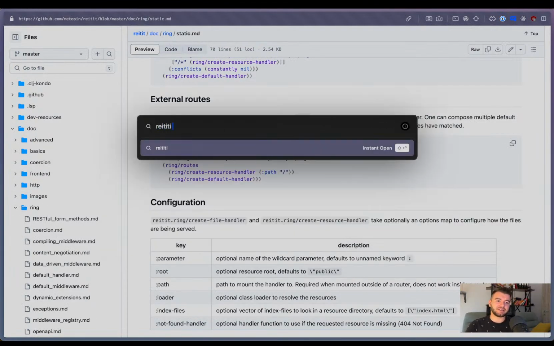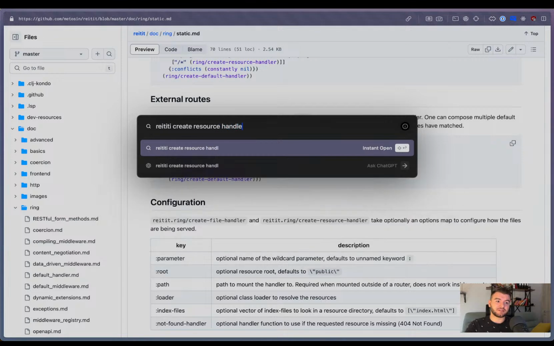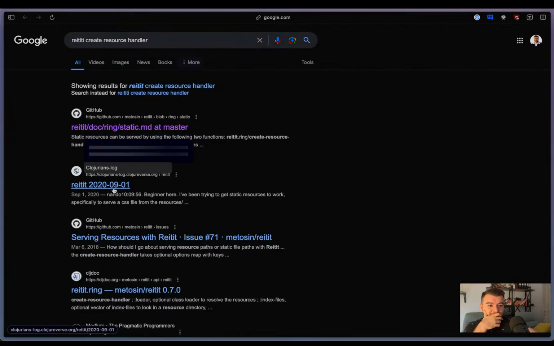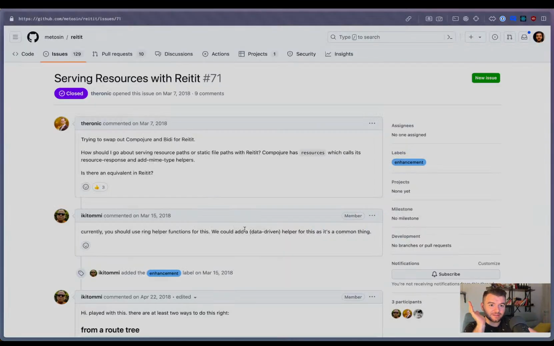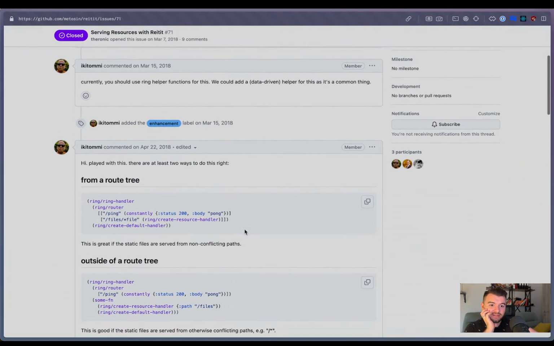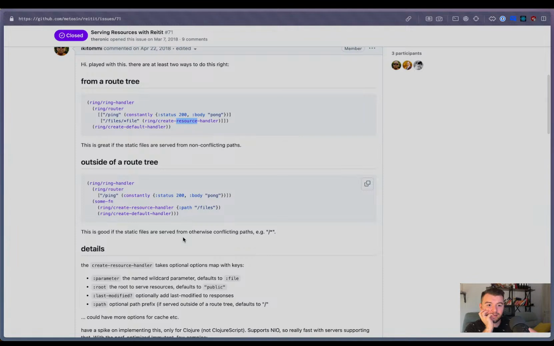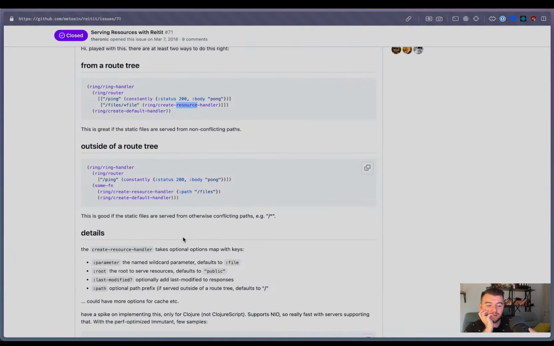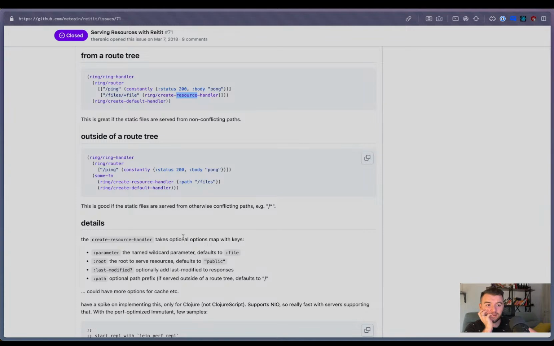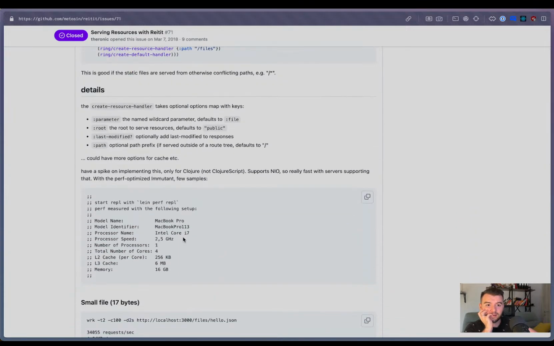Okay, Reitit create resource handler. Come on. Serving resources with Reitit. Alright, let's see what this guy has to say. Files, whatever file. The name of the wildcard parameter. Ah, okay. Well,